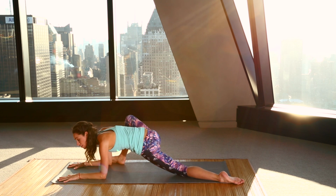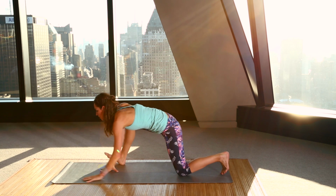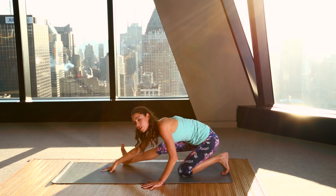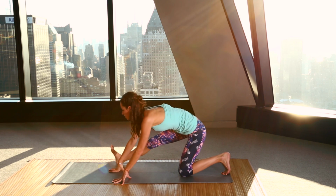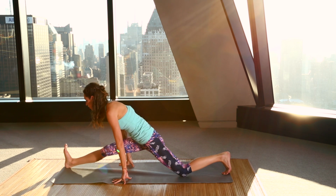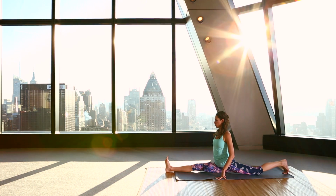If you feel like hanging out here in your hips, feel free to stay here. If you want to move this into your hamstrings, maybe start to sink your hips back toward your back heel for a nice runner stretch there. If it feels even better for you to start to slide your heel out in front of you for a nice open split there, just finding a place where you can feel a good opening, but still breathe really big